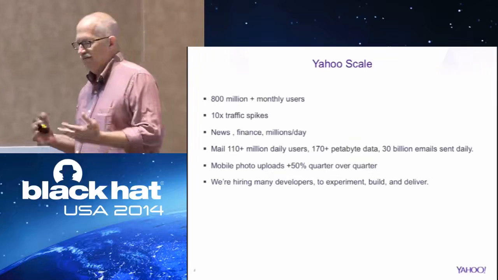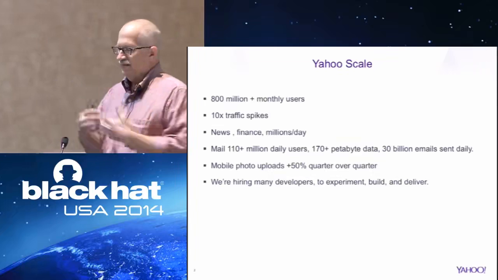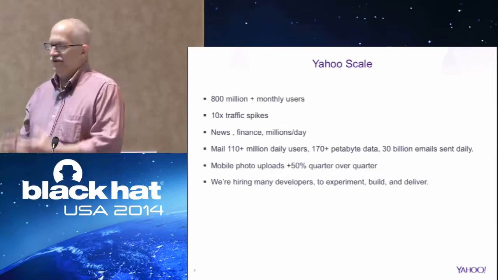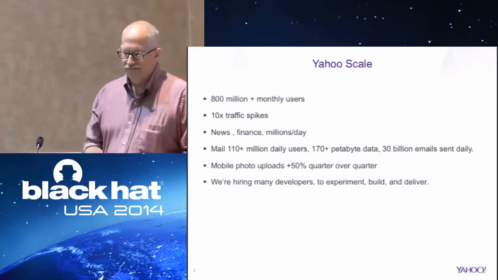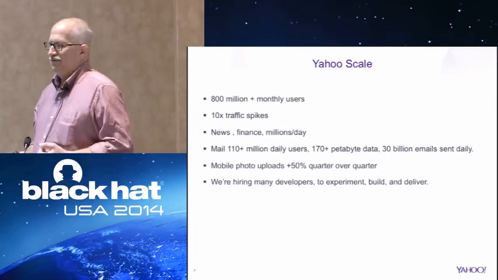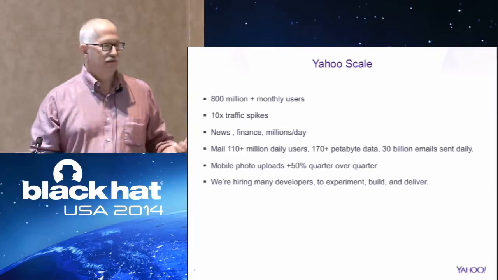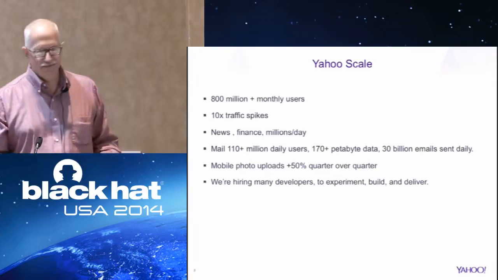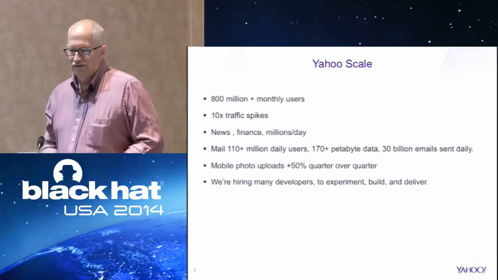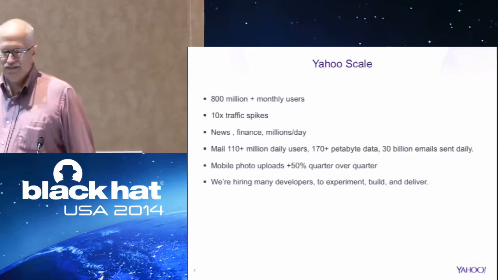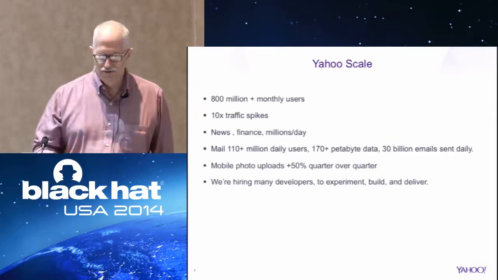Now, in the old days, developers in the properties like finance, news, mail, they collected a bunch of hardware, and it was hard to get. So they'd hoard it because they might need it later. So what we need to do in order to break that type of cycle is to be able to have them create and log into a VM within minutes rather than days or weeks, which is what it takes to get new hardware. And that's where OpenStack comes in. OpenStack changes how Yahoo scales in a major way and changes our architecture also in a major way.